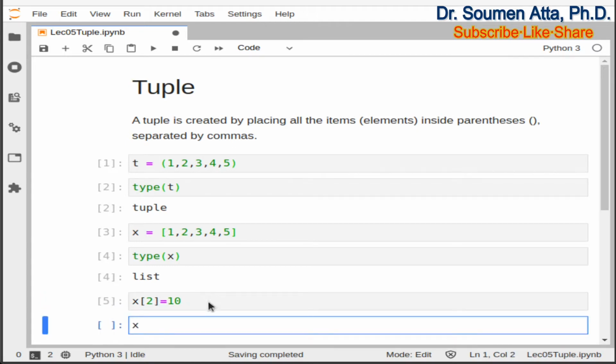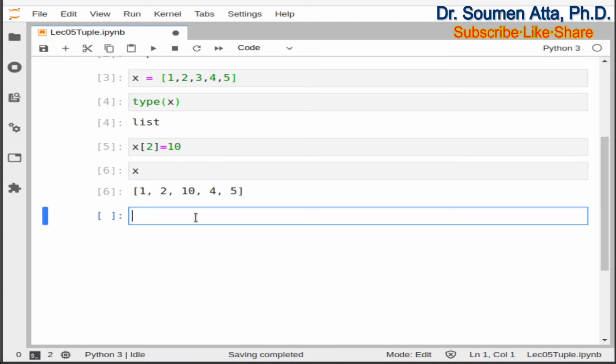Now if you check the values present in x, you can see the third element 3 is changed to 10. So Python list is mutable, you can change the elements of it. But Python tuples are immutable. In case of Python list, it is mutable, and in case of Python tuple, it is immutable. You cannot change the elements of it.